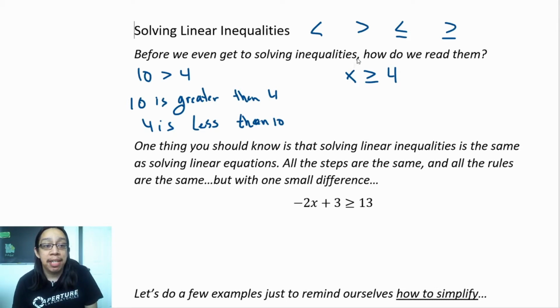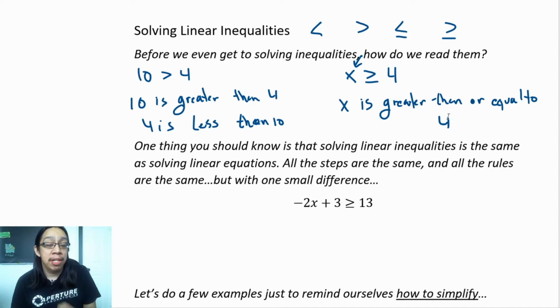Because the x is located on the left side, the appropriate way of reading this inequality would be: x is greater than or equal to 4. It would not be recommended to read this as 4 is less than or